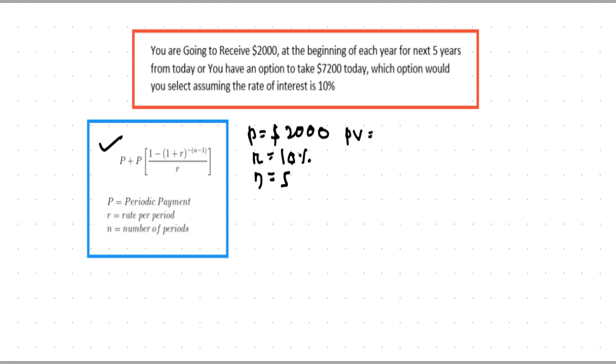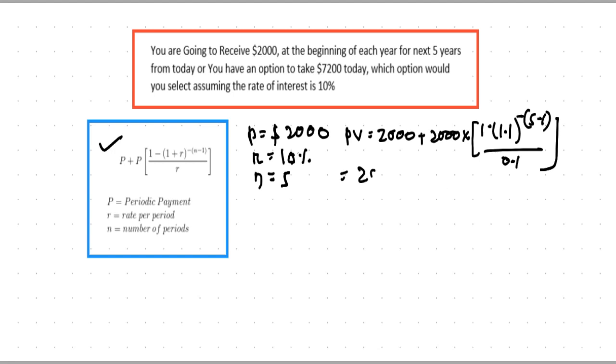So PV is equal to 2000 plus 2000 into (1 minus 1.1 to the power minus 5 minus 1) divided by 0.1, which is equal to 2000 plus 1.1 to the power minus 4, that is 0.683013